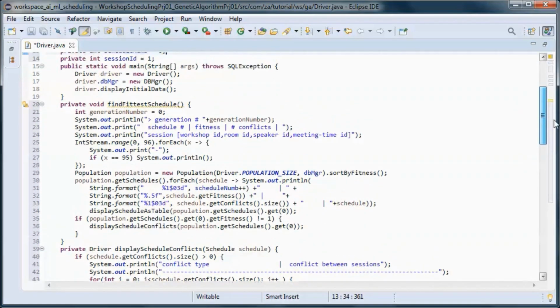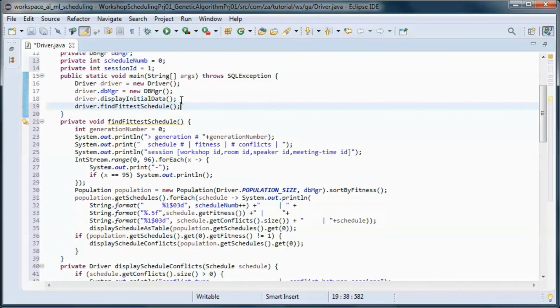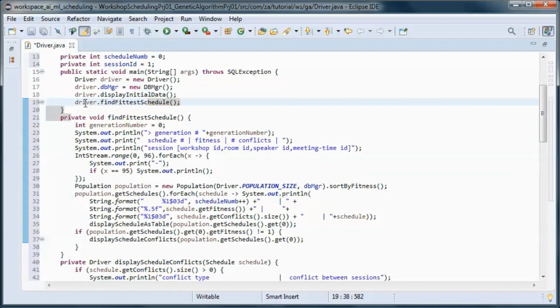And call this method from here, and let's test run it for the initial population before evolving it.